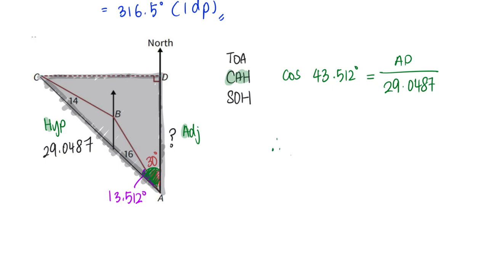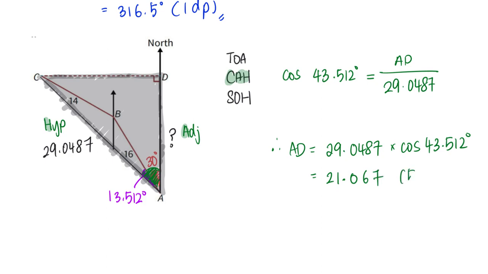So from here you can see that my AD is simply 29.0487 multiplied by cosine 43.512 degrees, to give me the answer of 21.067 to 5 significant figures. Final answer